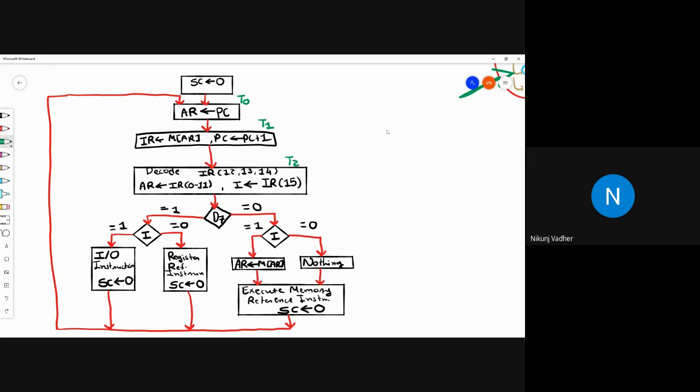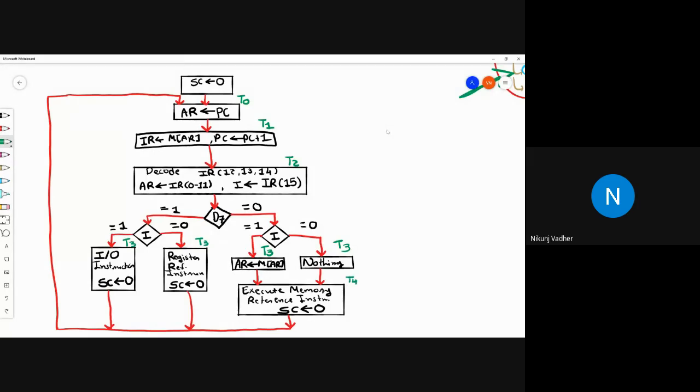At T3, we will execute the instruction if it is IO or register reference. In case of memory reference instruction with indirect addressing mode, at T3 we will retrieve the effective address of the operand, and in direct addressing mode, we will do nothing. Here, the clock cycle will be wasted if it is direct addressing mode.